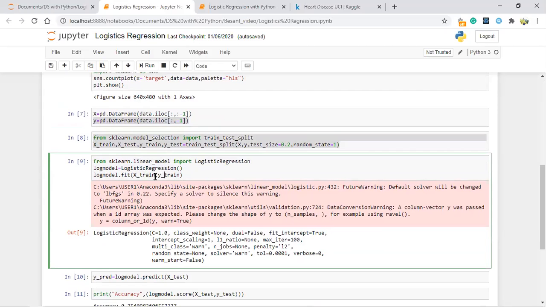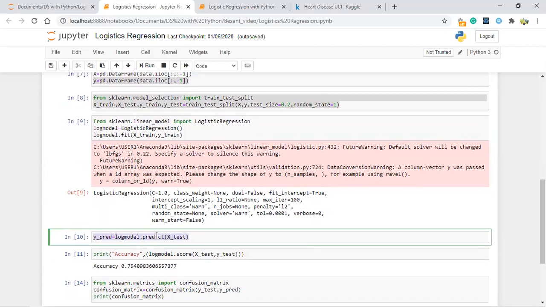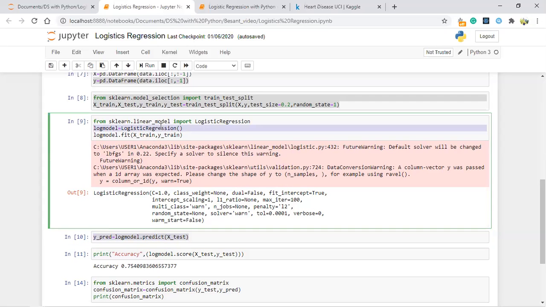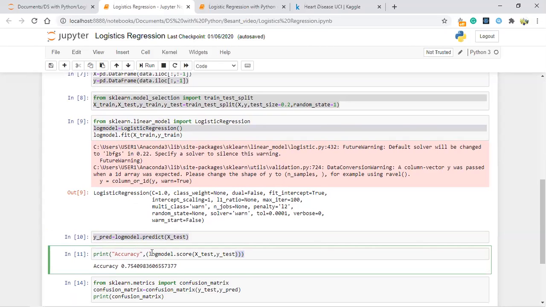After I fitted with my X_train and Y_train, I'm going to predict, the same as your linear regression. Here also we have only the one target. The logistic regression is that sigmoid formula. So you are fitting your logistic model with X_train and Y_train, and after you fitted, you are predicting with the model. After you predicted, I'm going to calculate my accuracy score, with log_model.score between the target and the testing data set.